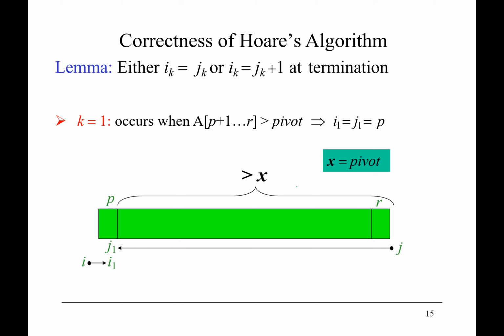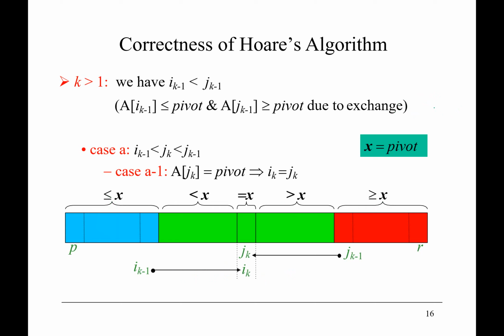Because j has to move from the r plus 1 position to p's position. So in this case, partition also needs big O(n) runtime. Partition still has big O(n) runtime, and in this case you will find this partition is totally unbalanced. So in this case it is not efficient, because the whole algorithm leads to n squared runtime. When k is larger than 1, we check different cases to prove whether this algorithm is correct or not,